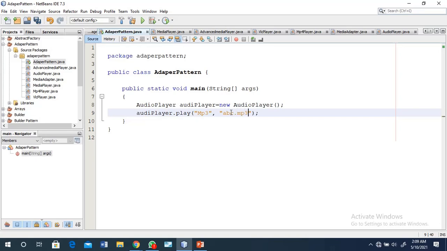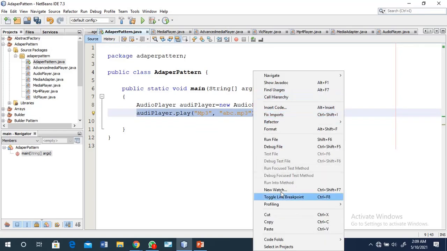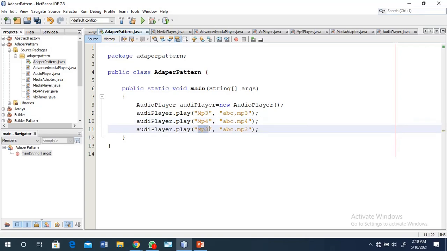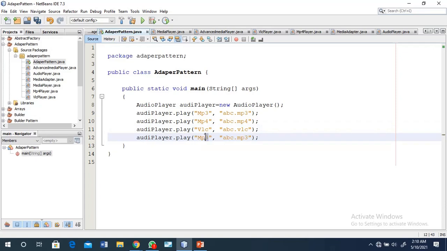That type of input you have to pass from the main method. Then after that mp4, you have to write that mp4 file. Then vlc, abc.vlc. Again you pass another, any type of AVI format, abc.avi. Okay, so now our code is ready for execution.